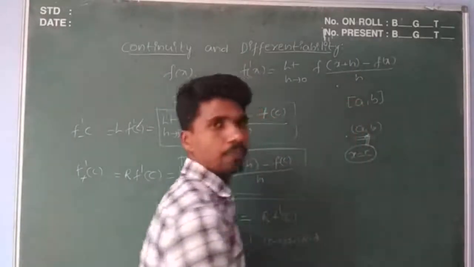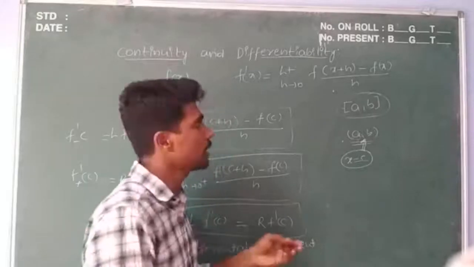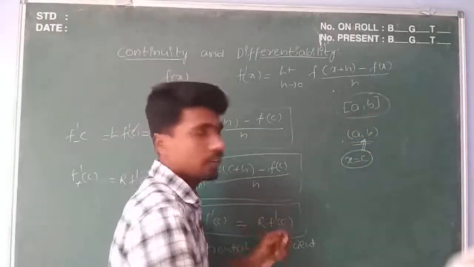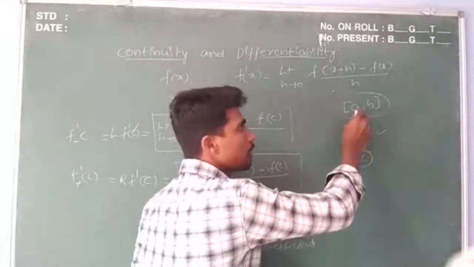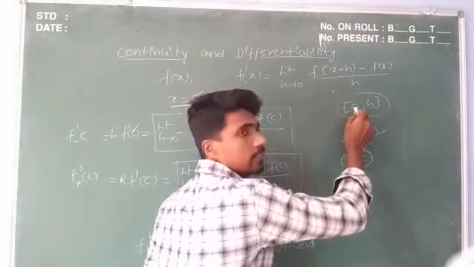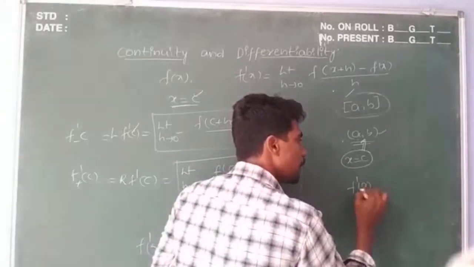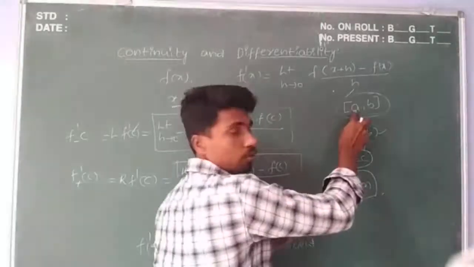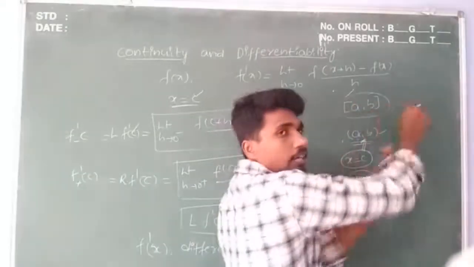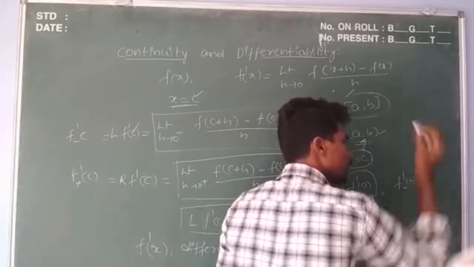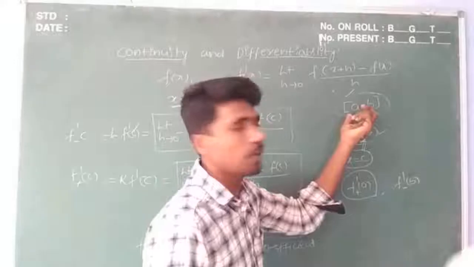So if I take a closed interval, it has to satisfy three conditions. The function is differentiable in closed interval AB if the function is differentiable in open interval AB, and the derivative of the given function from the right side of A exists, means f dash of A plus exists, the right derivative of A exists, and the derivative of the given function from the left side of B exists, means f dash of B from left side exists.